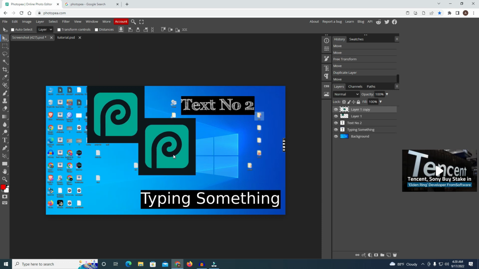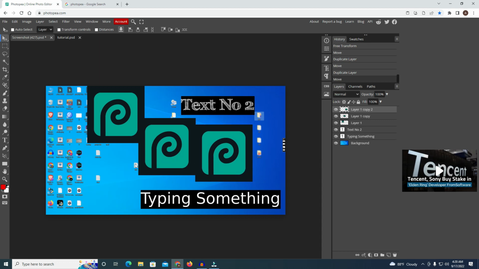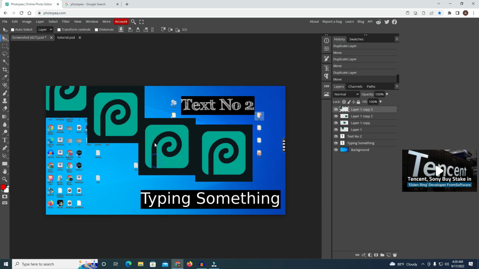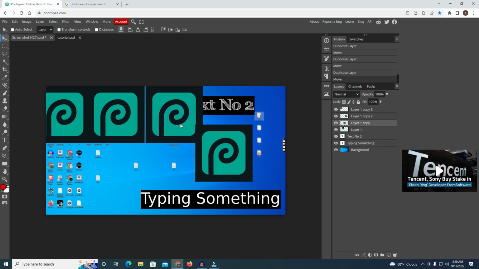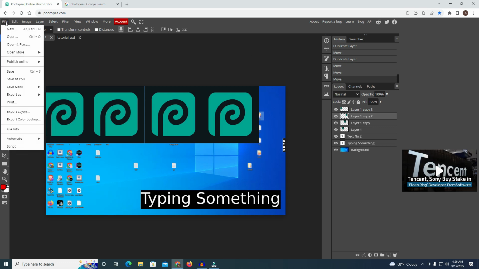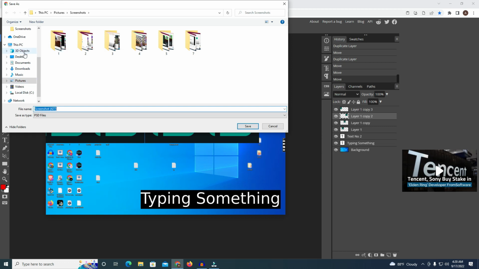Just simply press the Alt button, and you can make multiple copies of its logos. Layer 1. Is the layer 2 copy. Layer 1, layer 2 copy, and in this way, I save it as a PSD file